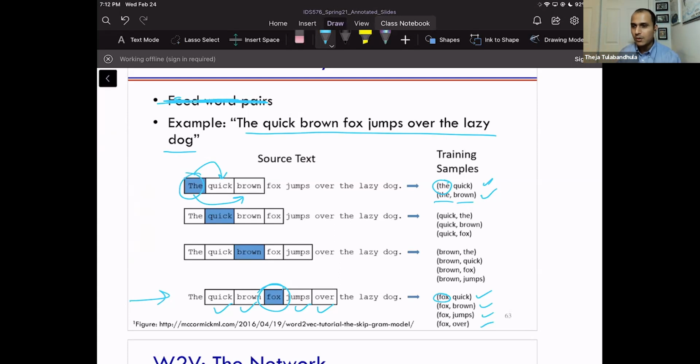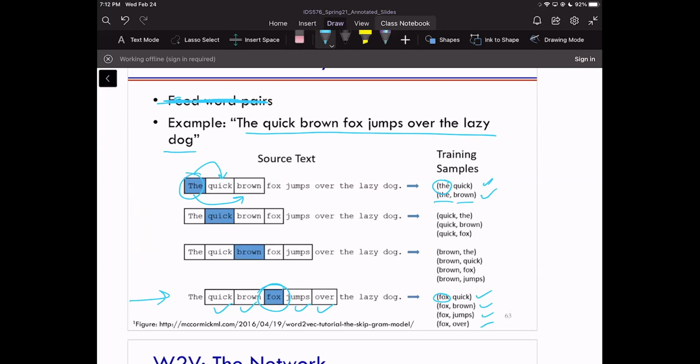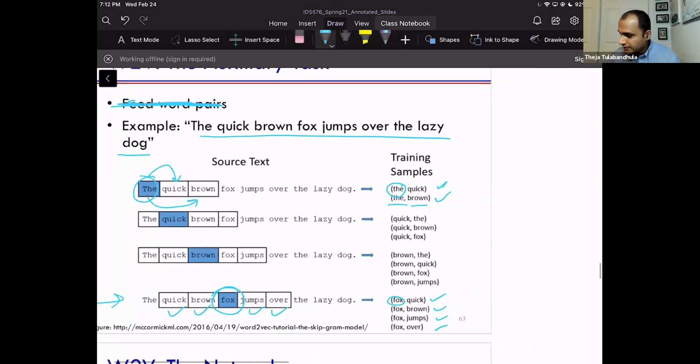Is the example clear of what the training data is? Professor, I'm actually confused. Do you think it's actually doing the combination of the words which are there in the sentence? Because I see that in the example, or how is it actually happening? I'm confused. No. What we want is a classifier, right?